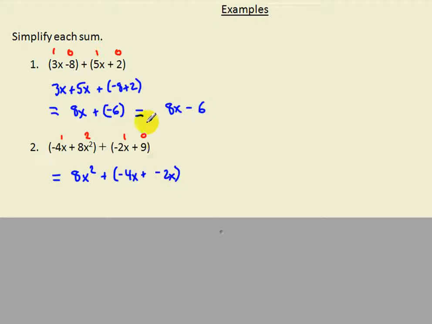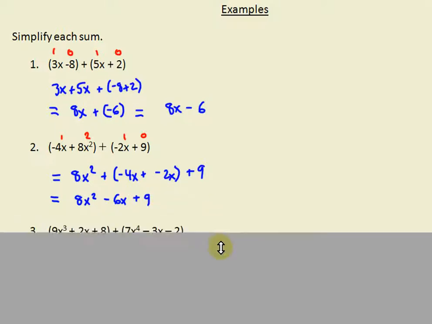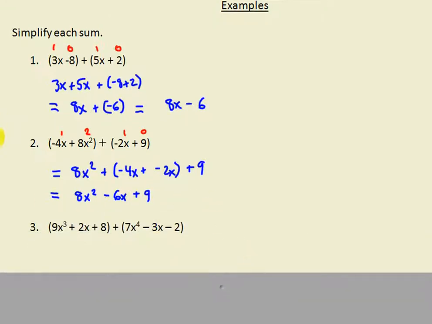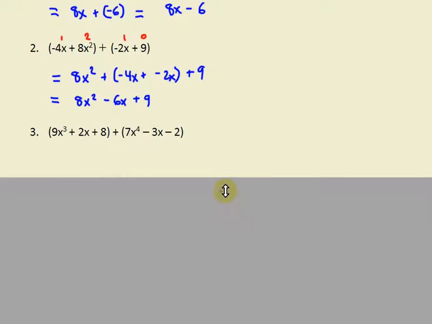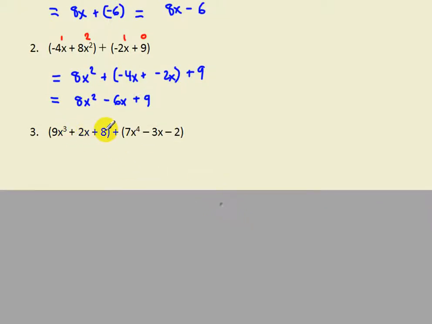Those are degree 1. And then we just have the 1 constant with degree 0. So now we combine here and we get 8x squared. We have negative 4x plus negative 2x is minus 6x plus 9. Alright, let's move on. Number 3, we have 9x cubed plus 2x plus 8 plus, and then our second polynomial,